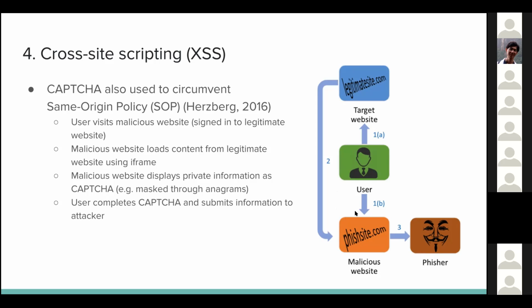You can think of it as the malicious website being able to fetch content from the target website, but because it's in an iframe, the malicious website doesn't actually have access to this content. But wait, sorry, I realized that doesn't make sense with the rest of this. How the attack works is that the malicious website will display private information from the legitimate website as a captcha,